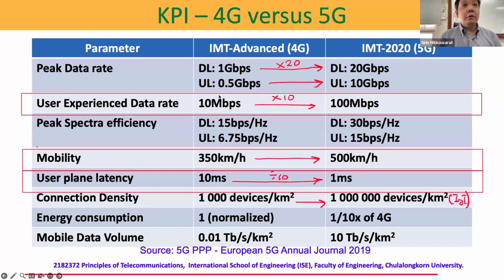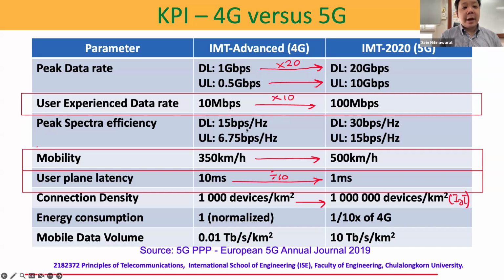Another table to give you some better idea of the picture surrounding the improvement. So here for the peak data rate, you can divide further into upload and download. Both should improve, but you can see that the maximum download speed is typically higher, because most of the traffic will be in the download direction. Both increase about 20x from 4G to 5G.